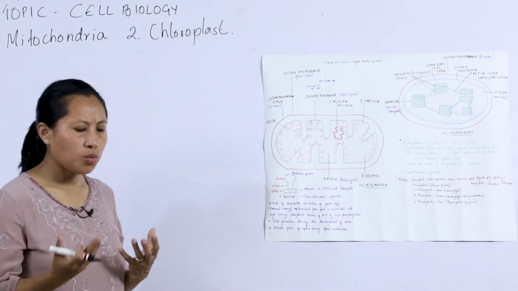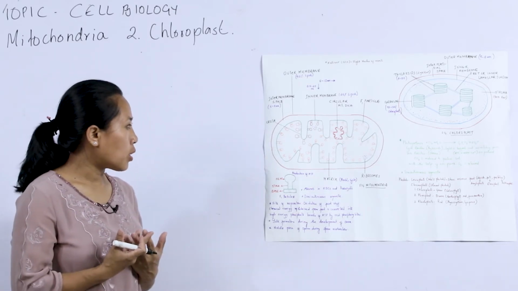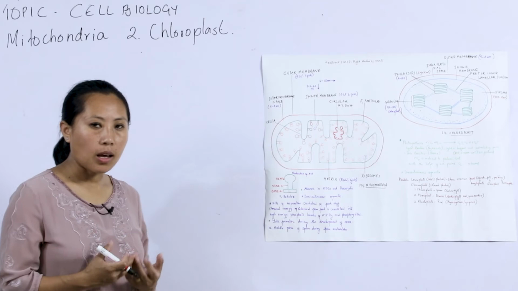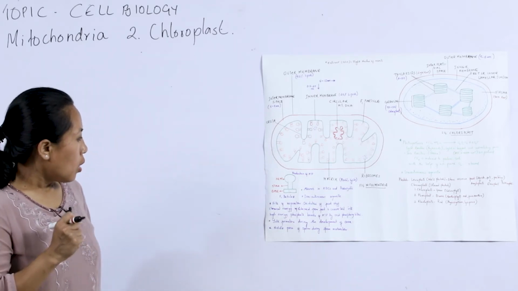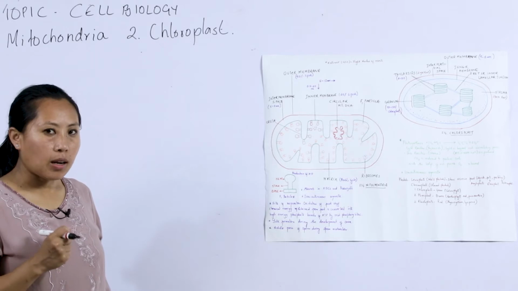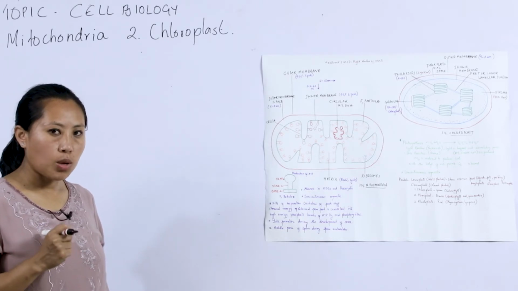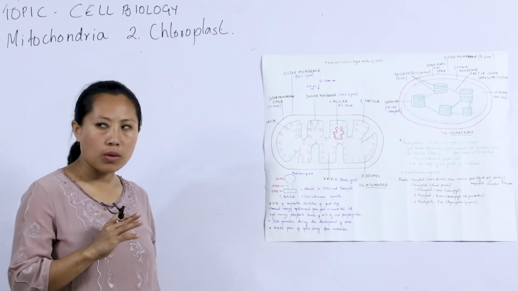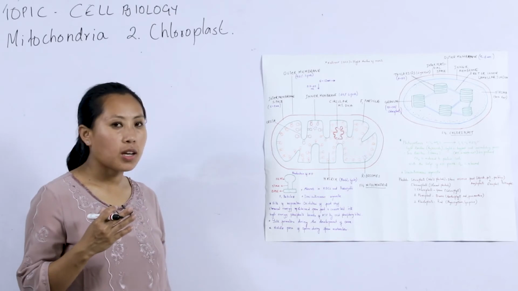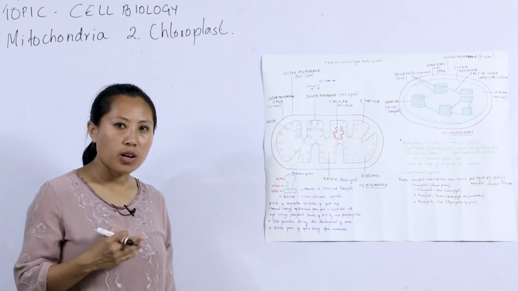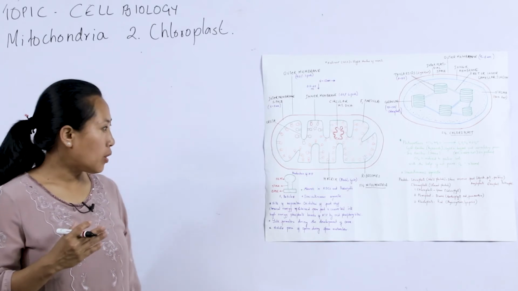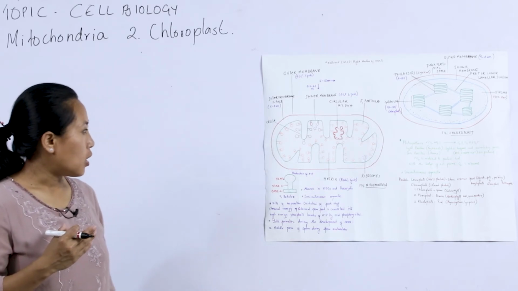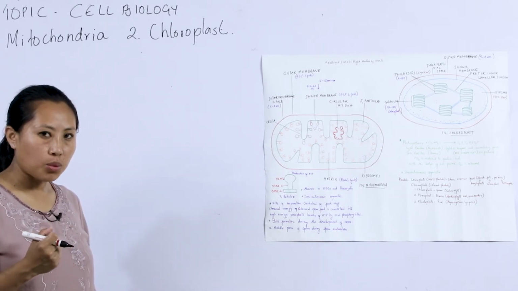Unlike other cell organelles, with the exception of chloroplast, mitochondria have circular double-stranded DNA and ribosomes. Because of the presence of DNA and ribosomes, they are also called semi-autonomous organelles. This DNA and the ribosomes enable the mitochondria to synthesize the proteins and enzymes as required by the cell. Nevertheless, they also depend upon the cellular DNA for some enzymes and proteins.